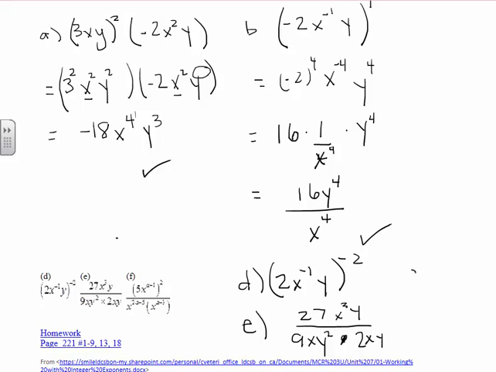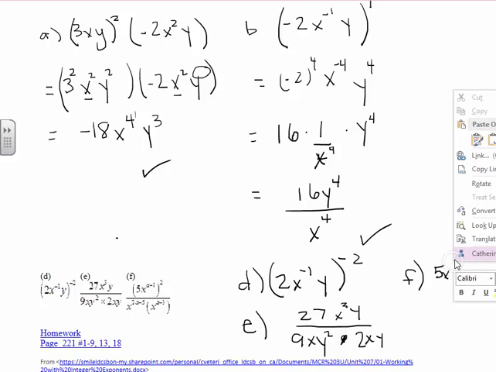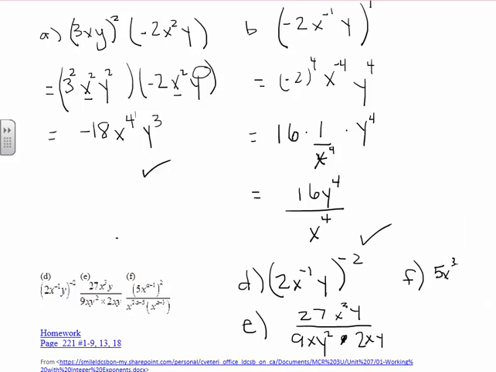And then your final question, F, is 5x, 3 minus 1 squared, all over, sorry, I'm just being sure that I read this as well there, 2x, 2a minus 5, x, a minus 3. So do those questions and bring them into class tomorrow, and we'll be